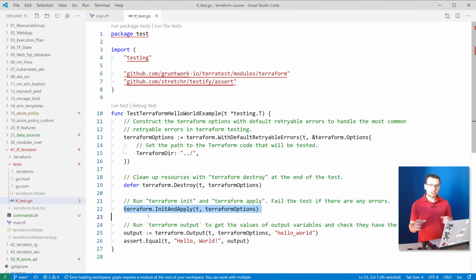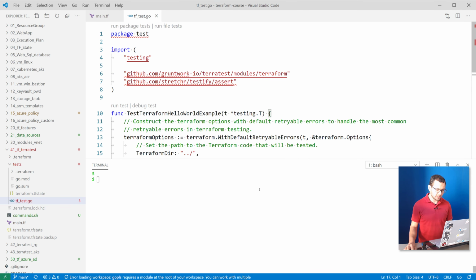This is in order to create the resources, and then we'll test those resources. So for the case of my test here, I fetch an output that is called hello world, and I make sure that the content of that output is exactly hello world. This will define the success of my test. Note here how we are using the assert method, which is typically used with tests to make sure that the condition was satisfied. If it's not satisfied, then this means the test will fail. At the end of this test, we'll run the command terraform destroy in order to destroy all the infra that was created. Let's now test this template or this test.